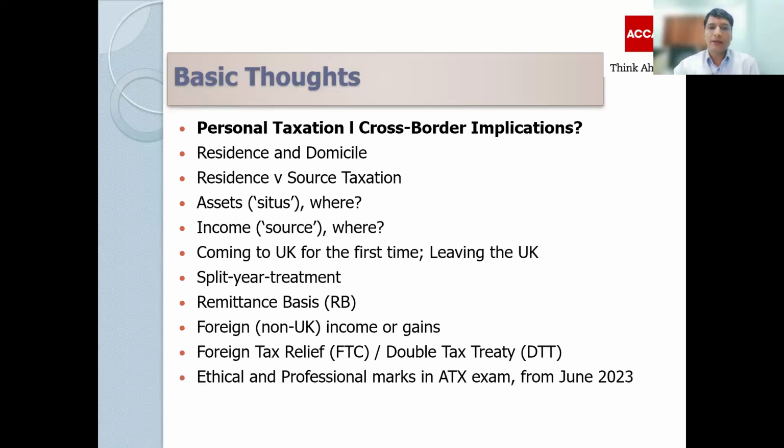There may be an ethical and professional marks discussion depending on how the time goes. I will try and touch base on this area as well, especially the professional marks, which started from June 2023. This is getting more important now than ever before. It used to be a very small number, but now the number has gone up to 20 marks. Therefore, the ethical and professional marks alone will have 25 marks: 5 marks for ethical, and 20 marks for professional skills. Therefore, this area is now a lot more important and valuable than before. So do keep that in mind.